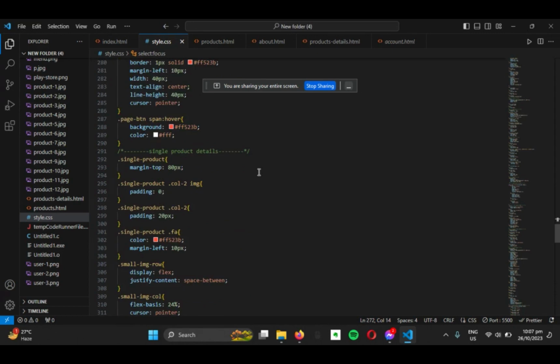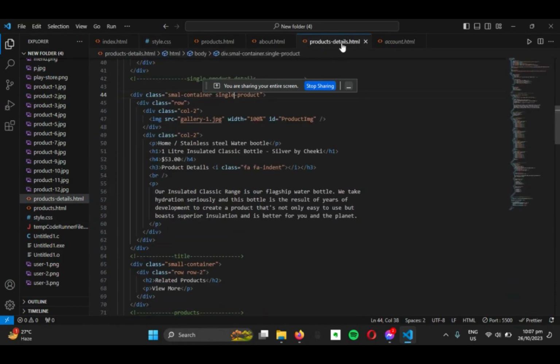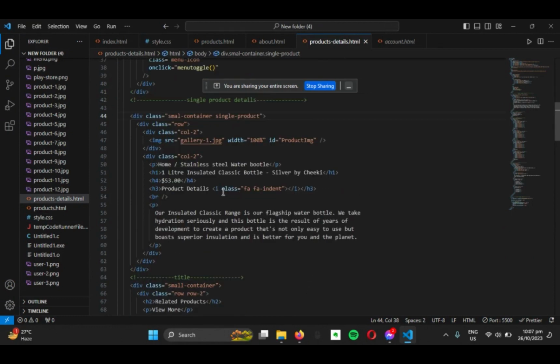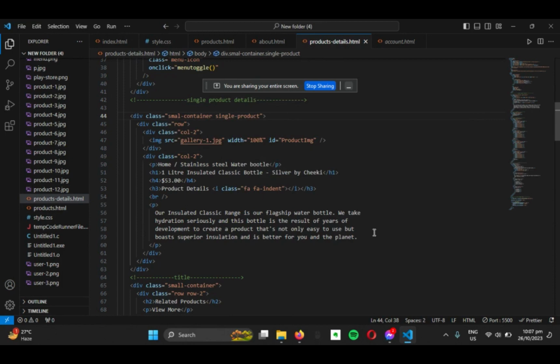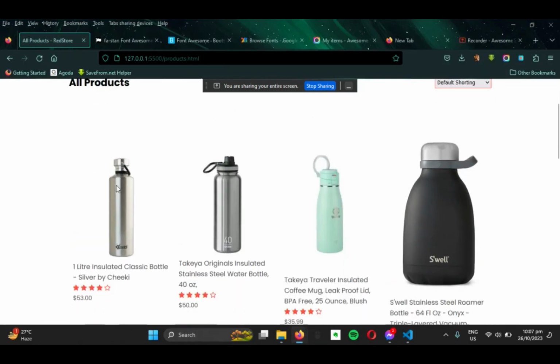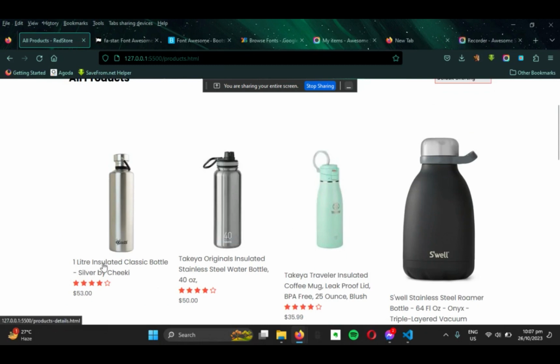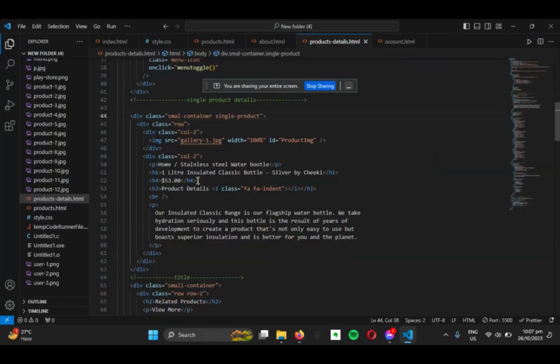Let's go to the single product details, which goes to the product details.html. This is where it contains the detail of the single product. If I click it here at the title of the product, it will show the product details, which has